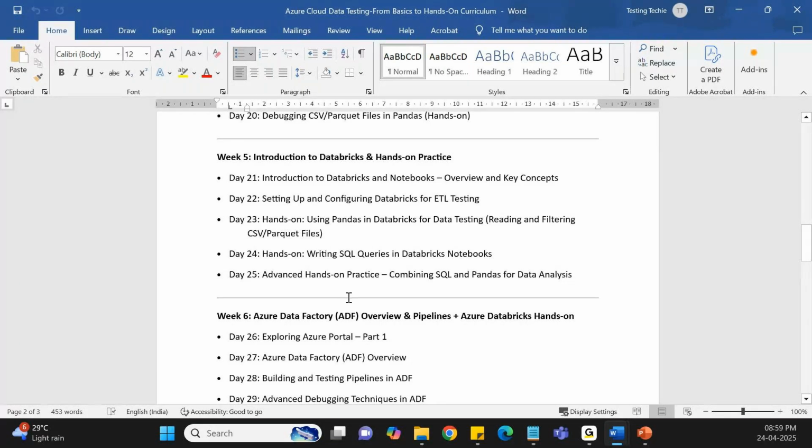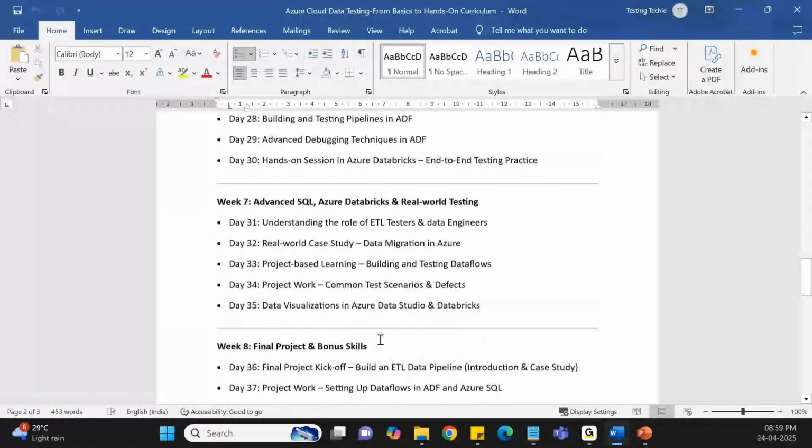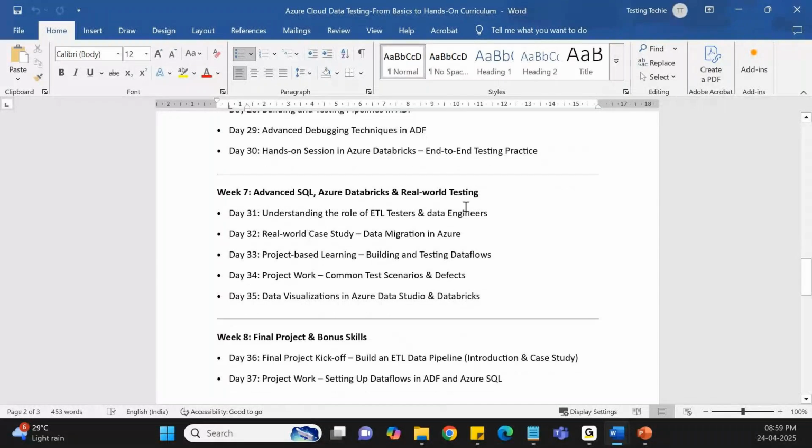Databricks, again, we don't need the Azure portal for. We can separately create an account in Databricks and work on that. When it comes to the final real-time project, we will use the Azure portal for building the data pipeline and testing it. Would you explain how to create ETL in ADF and then test it, or go directly to testing concepts? We will build a simple solution initially, just for your understanding.